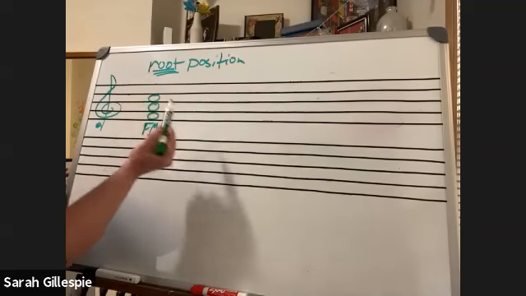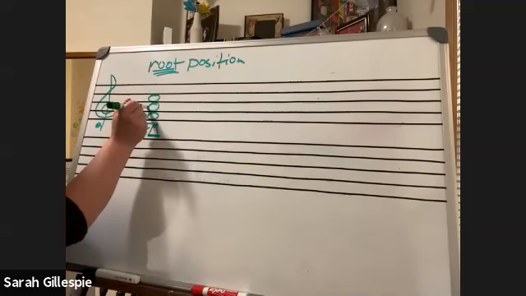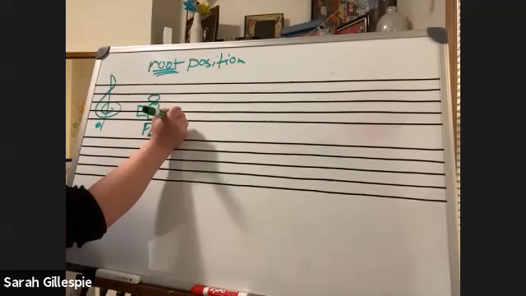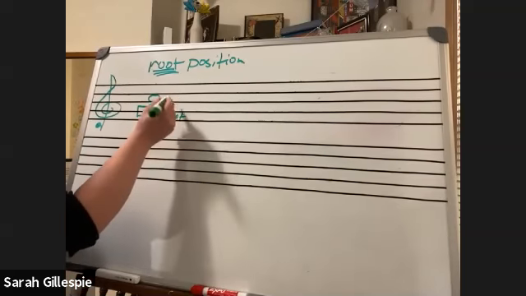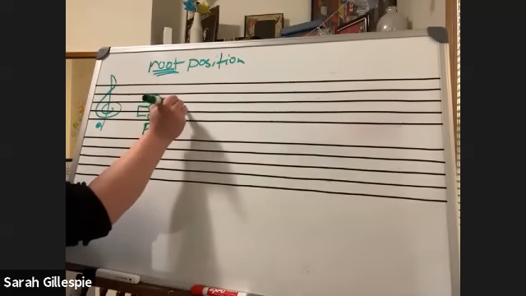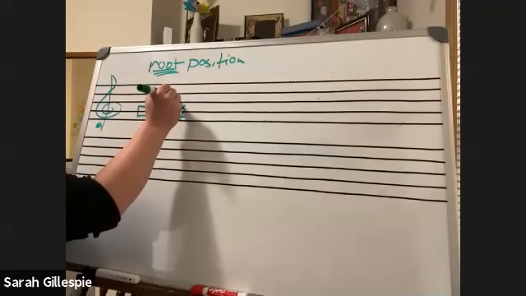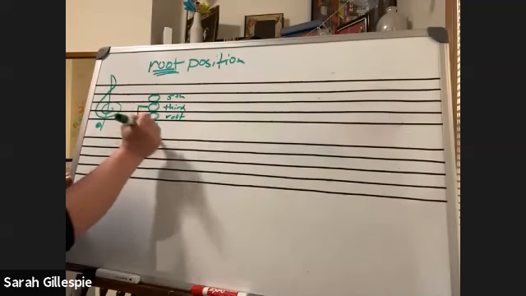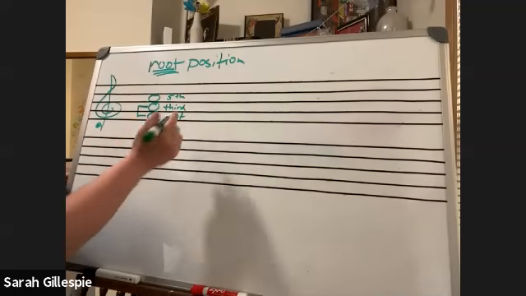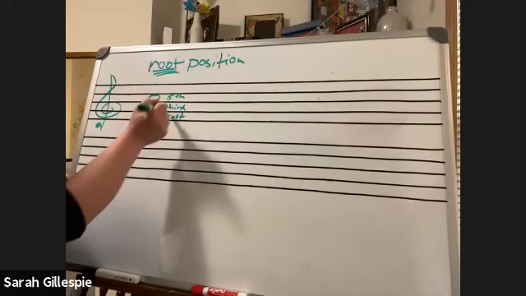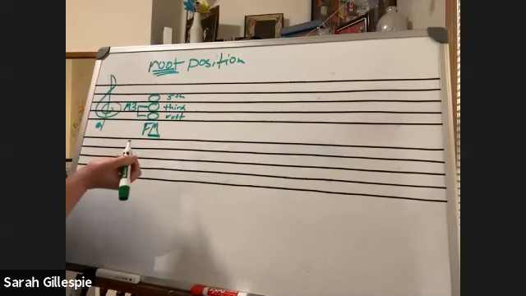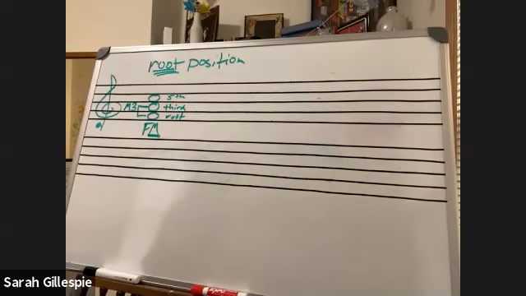The reason we get a major triad is between the first 2. We have the root of the chord, maybe I should talk about this first. We have the root, the 3rd, and the 5th. What gives the major triad that major quality is that the distance between the root and the 3rd is a major 3rd. So if we have this triad,